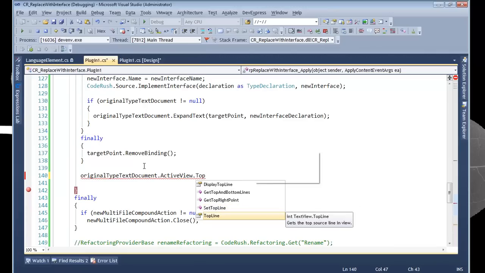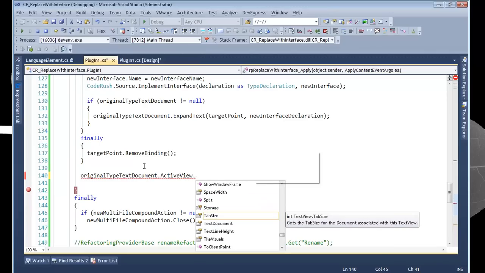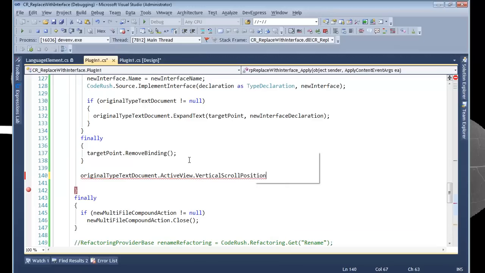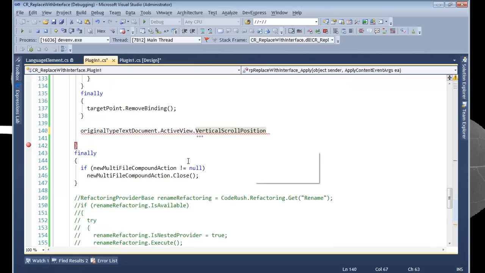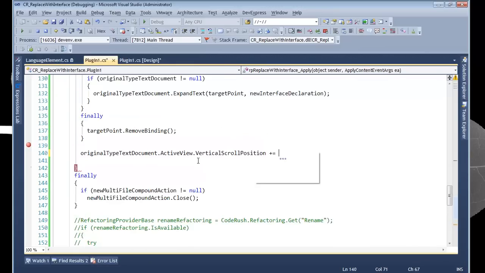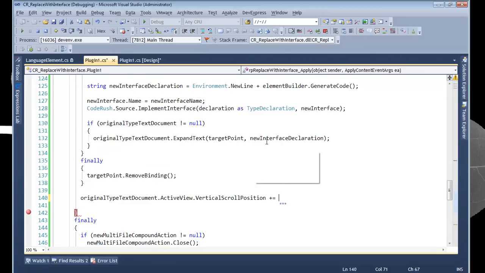I think there's something else for scrolling, and I think it's, hold on. There. Vertical scroll position. Okay? So we're going to do vertical scroll position, and we're going to say that's equal to itself plus, and we're going to grab, do we have the text, the new interface declaration? There it is right there. Where is it? Oh, it's in here though. Let's put it here then instead. So do this. Plus the new interface declaration,